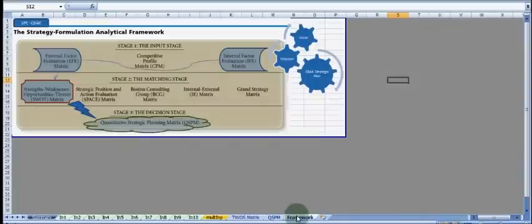And the framework which we are following, you can see it here. We are working in 3 stages: stage 1 the input stage, stage 2 the matching stage, stage 3 the decision stage. In stage 1, we are doing the external factor evaluation to identify the threats and opportunities inherent in the external environment. We use the internal factor evaluation matrix to work out the strengths and weaknesses in our internal environment. This has been done through an exercise of